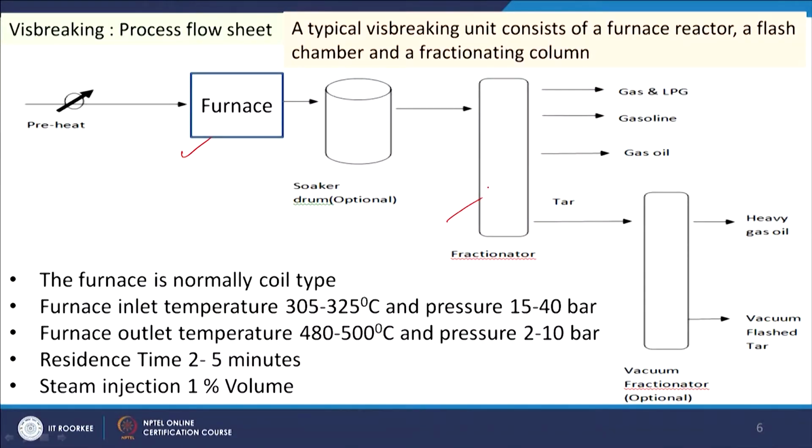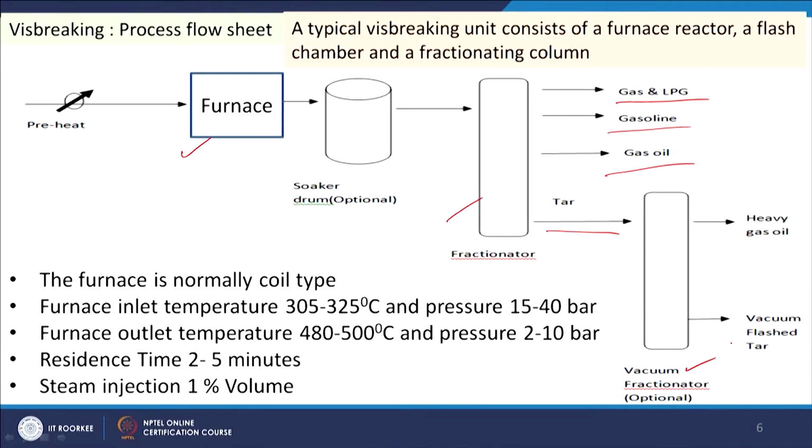So, we have to flash it, which means we have to use this in high pressure. The high pressure at the furnace, then the product pressure will be reduced and it will go to the flash chamber, and from the flash chamber it will go to the fractionator. From the fractionator we will get different products, gas and liquid products here, and ultimately the tar will come here for further distillation,